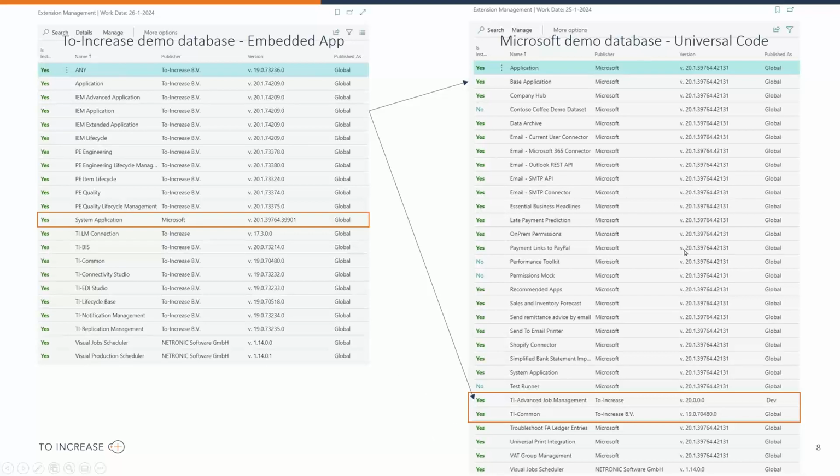Now, on the right-hand side is the Microsoft demo database, which is based on universal code, and where the main party is Microsoft as the publisher, and there is only a small app here, advanced job management from To-Increase, as well as the TI common. The TI common is the same TI common as it is in here. So that basically illustrates the change that we are going through from an embedded app to a universal, a cloud-based